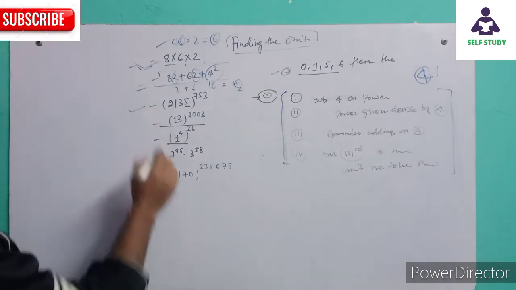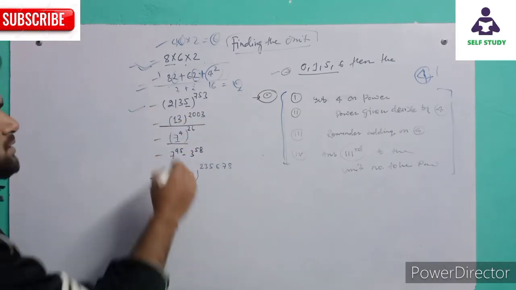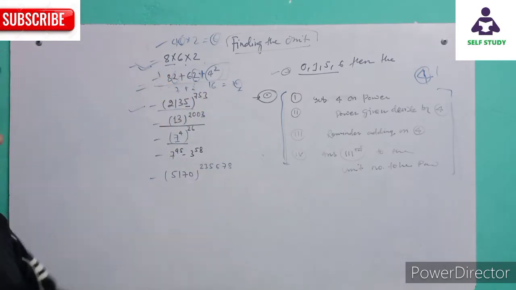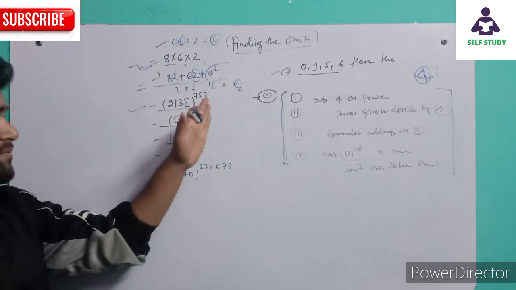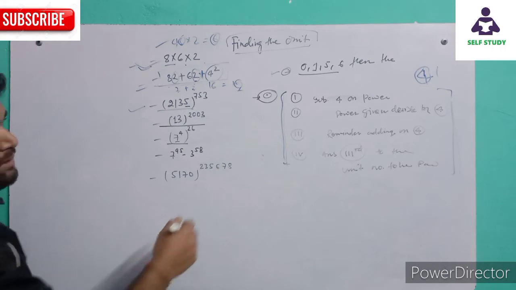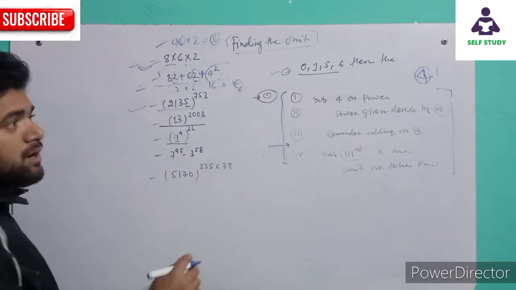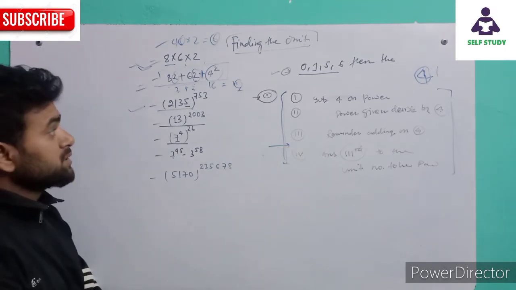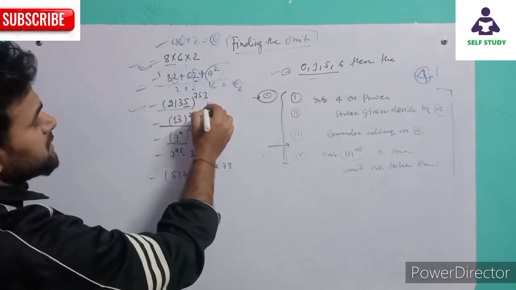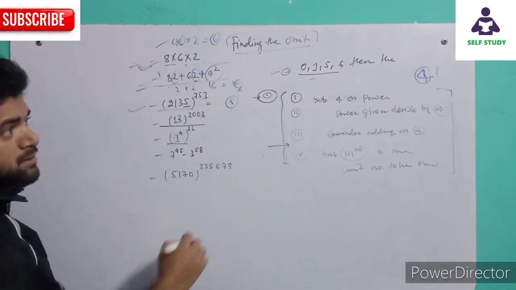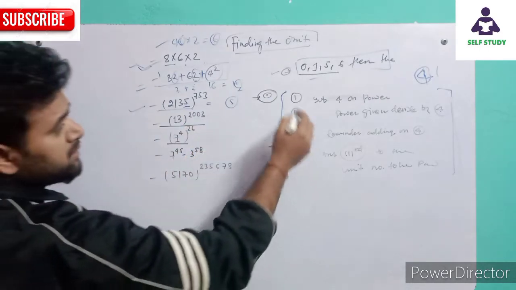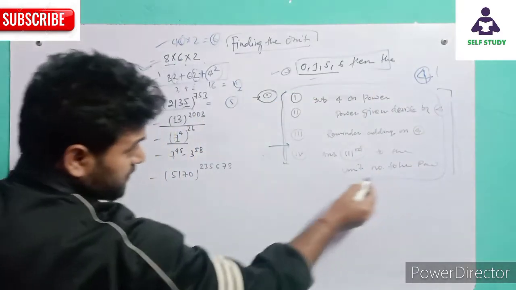And the third and more important question is 2 to the power 35 into 7 to the power 53, that is your power. So this is very difficult to calculate the power of this number. So we will take these 4 steps, or if you simply click on that rule, you can give the answer: 5 is the unit digit, if you remember this concept.